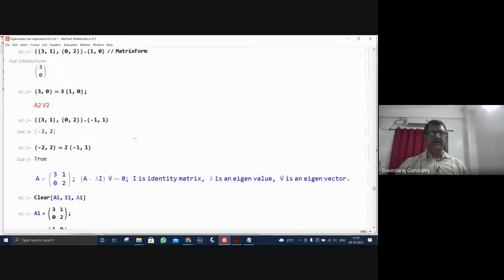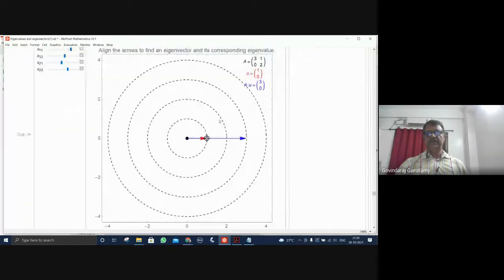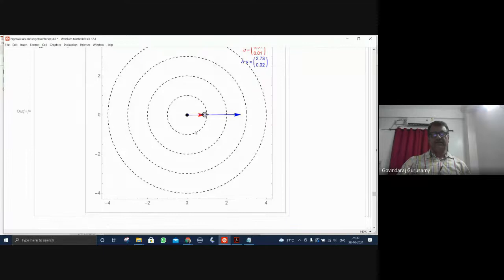Similarly, another matrix is given, in which you can see here (3, 1; 0, 2). This is lying along this direction. This is the vector, and you can see this has an eigenvalue 3, which can be taken out. The vector is (1, 0). Again, this also can be changed. With all possibilities of the vector, you have them except one direction. That can be fixed and then measured.